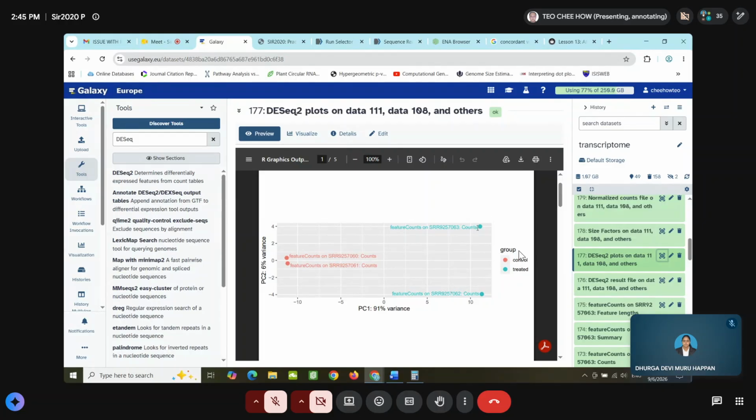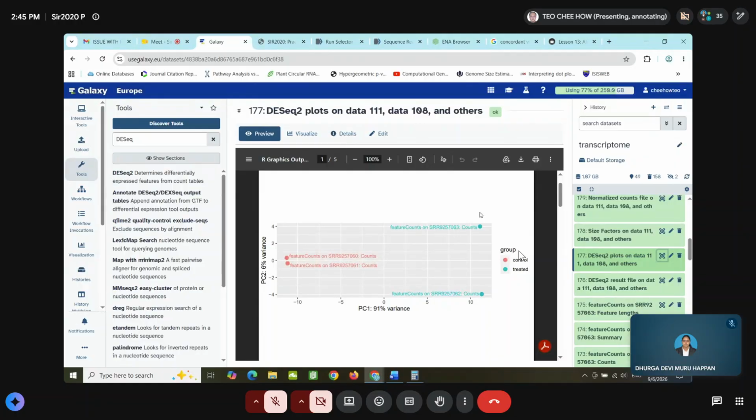You want to see them either this one coming to here to join the other, right? Or this up. So then it means that in this case, in the experiment done by that group, right, the heat stress experiment was not conducted properly. So the expression profile for the two replicates, right? They are far away.